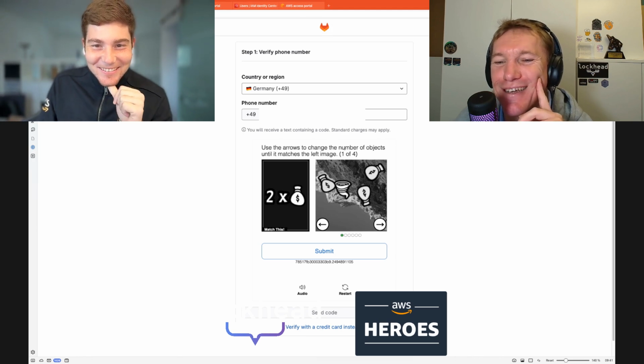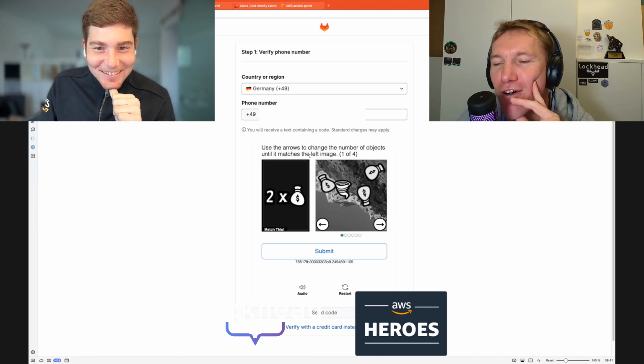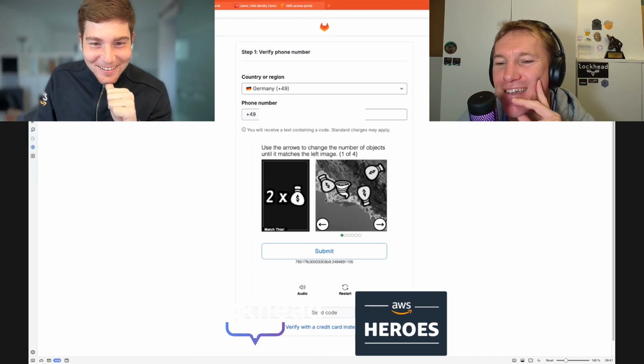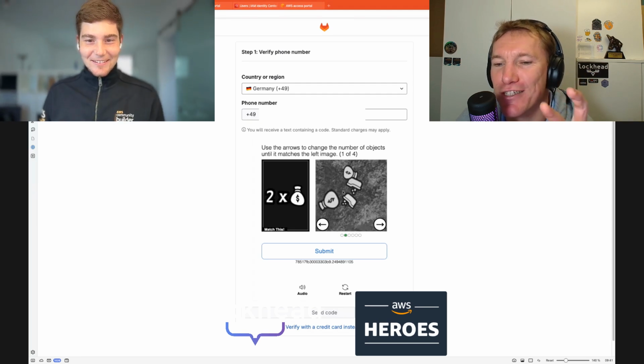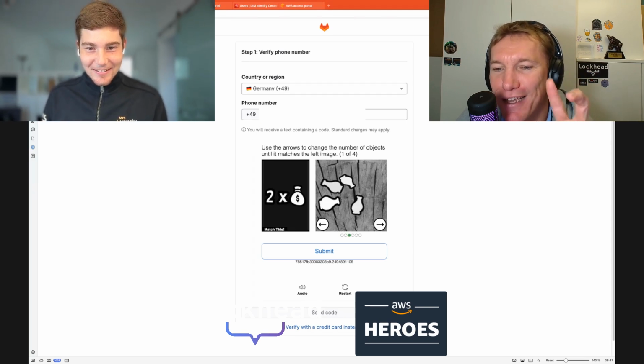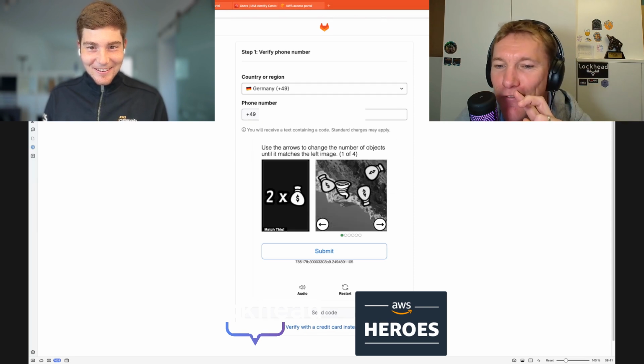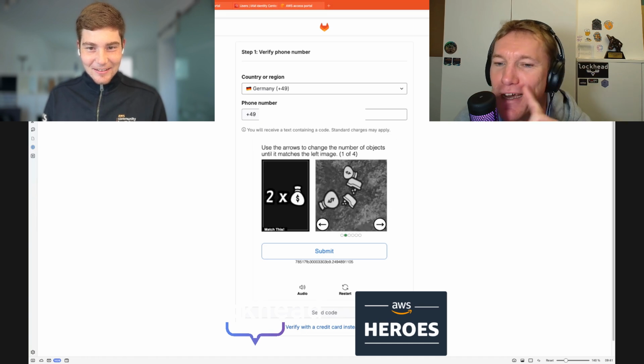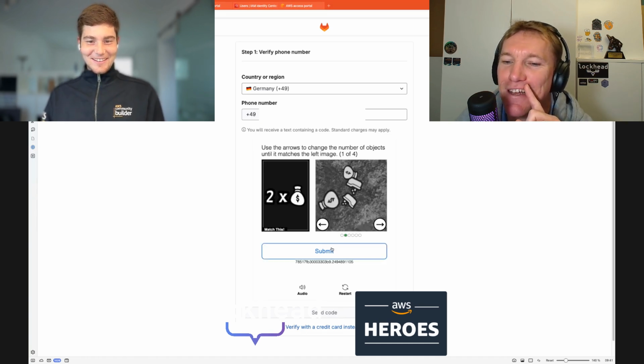This puzzle, you need to solve 4 of those puzzles. So this is really doing CAPTCHA at its best, right? You need to use your arrow keys to change to the next picture until stop. There you have it, just need to go back. There you have 2 times the money sack. That's 3 times. That's bad. You need to find the picture where they have 2 times the money. Yes, this one. And you're gonna need to solve